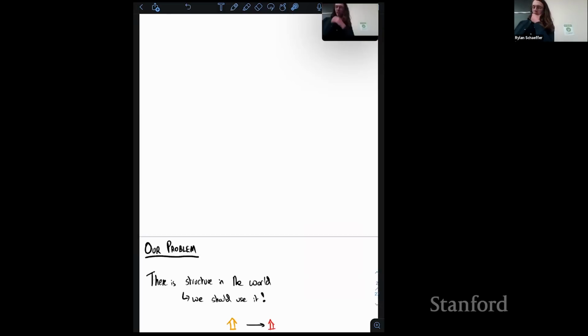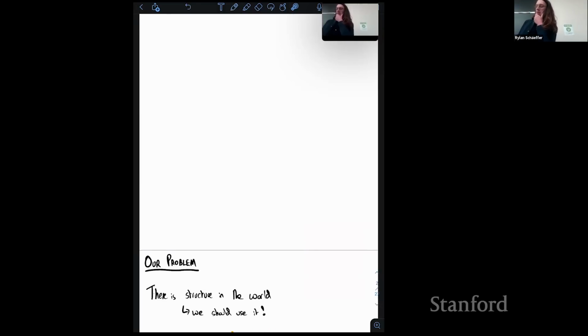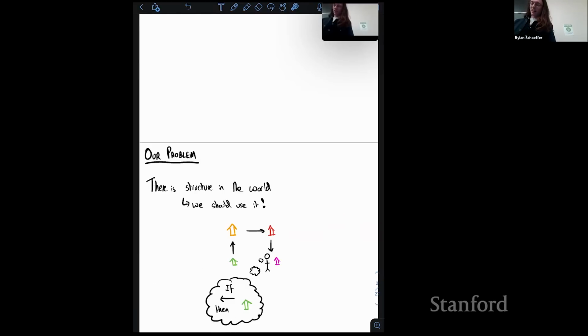So this is the problem that this model of the hippocampal entorhinal system, which we'll talk more about, is supposed to solve. It's basically the observation that there's a lot of structure in the world, and generally we should use it in order to generalize quickly between tasks. The kind of thing I mean is that you know how 2D space works because of your long experience living in the world. So if you start at this greenhouse and step north to this orange one, then to this red one, to this pink one, because of the structure of 2D space, you can think to yourself, what will happen if I step left? And you know that you'll end up back at the green one because loops of this type close in 2D space.